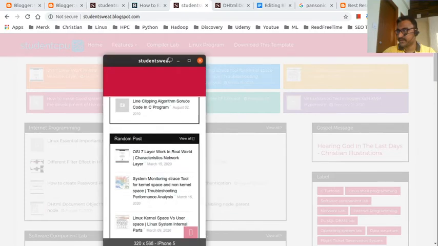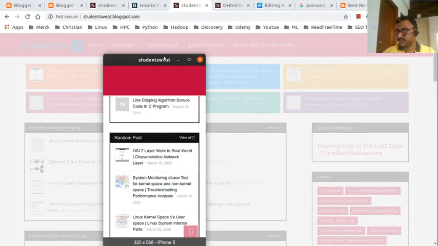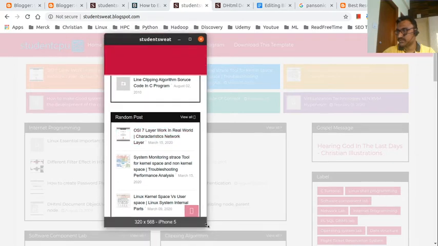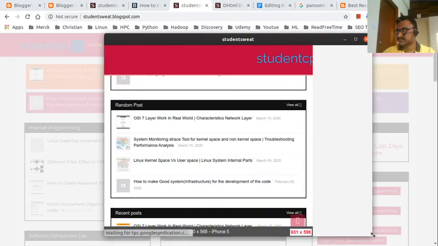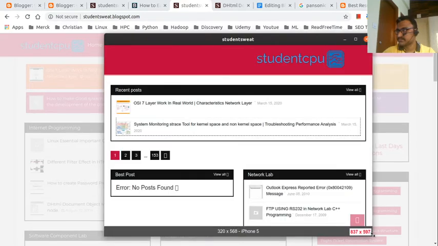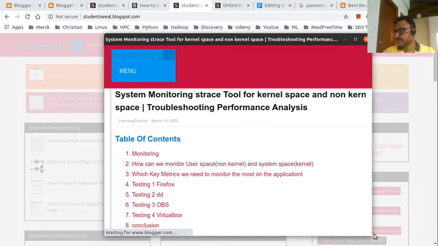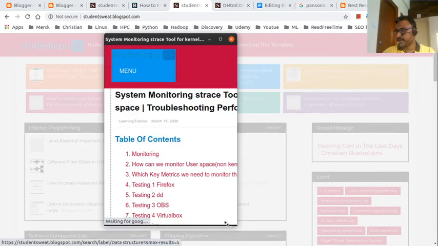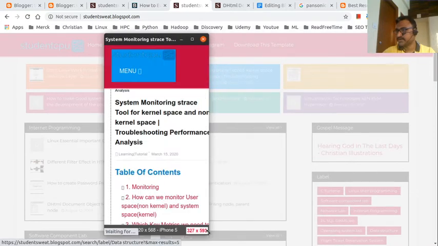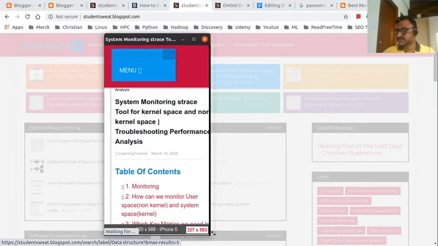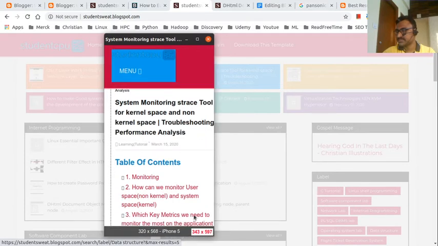What happened? Just hold on. Yeah, I don't know why the home page is not coming, but it will come. Let me fix this, and it will look like this for mobile also.